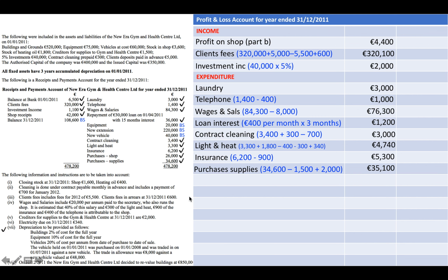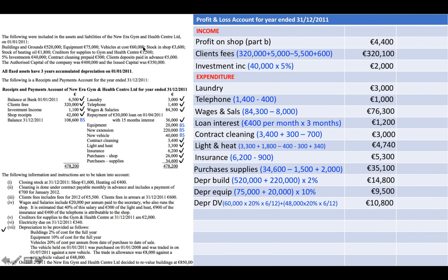So let's do the buildings first. So we've got depreciation of buildings. So we have 520,000 plus our 220,000. Multiply that by 2% and we get €14,800. Next we have equipment. So equipment, €75,000 plus €20,000 multiplied by 10% is €9,500. Then our vehicles is going to be a little bit trickier because we traded in the old vehicle halfway through the year. So the first half of the year we had a vehicle worth 60,000, and then the second half of the year we have a new vehicle worth